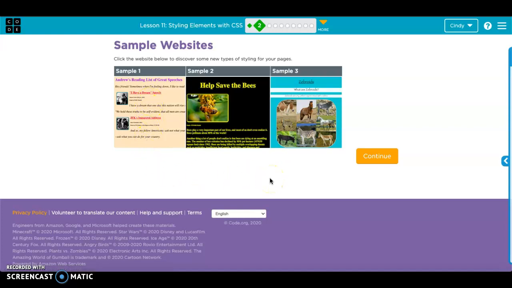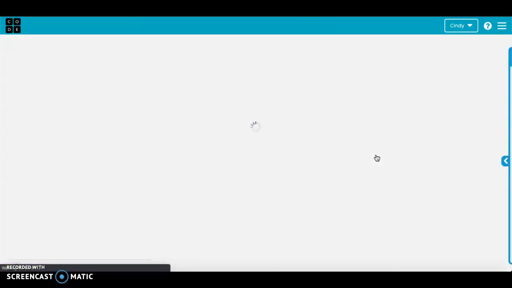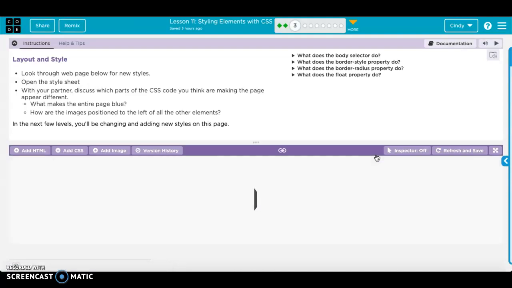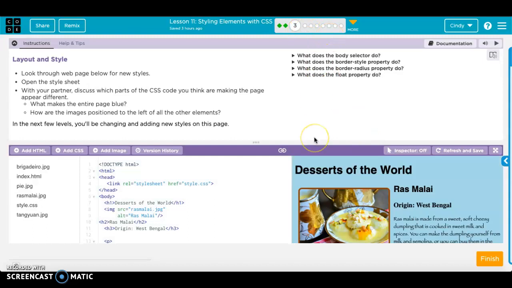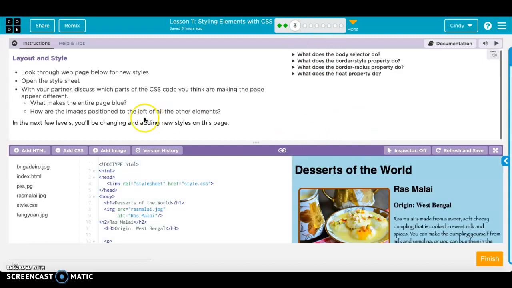All right, so there's a lot of different things that we can add in to make our web pages look unique and attractive and things like that. So those are the things that we're going to add in. All right, so I'm going to just get you started, and then I'm going to make a couple things, and then I'm going to let you go. The biggest thing, you guys, is to read your instructions carefully. So look through the web pages, open the style sheet, and in the next few levels,